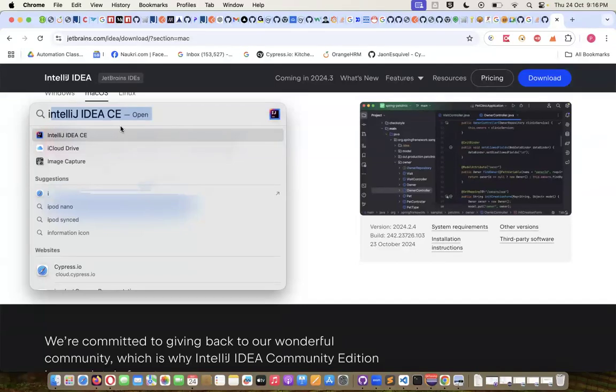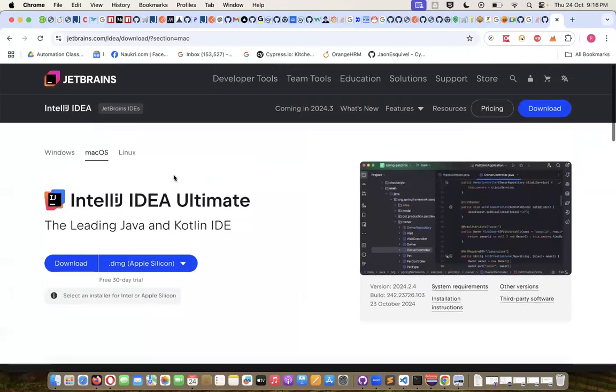Okay. So once it is done, please search for IntelliJ IDEA. This particular editor should get popped up. Okay, this is about IntelliJ, guys. Those who are comfortable with IntelliJ